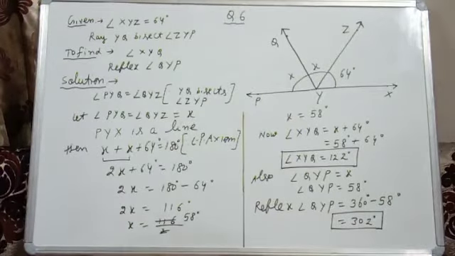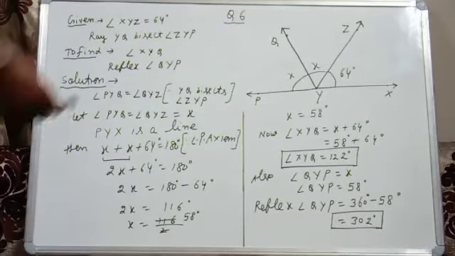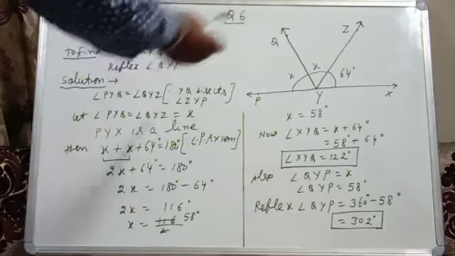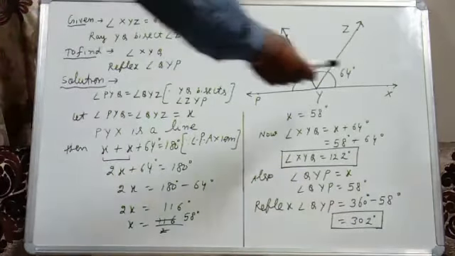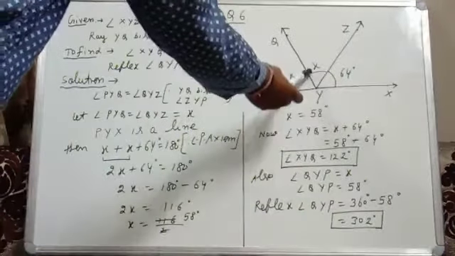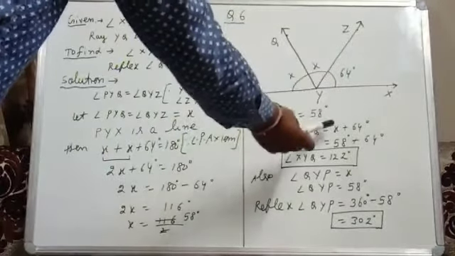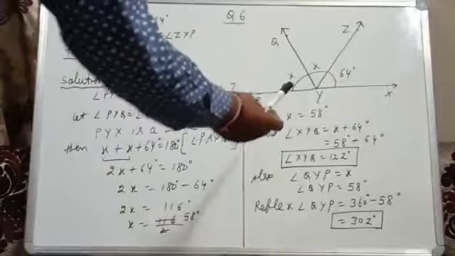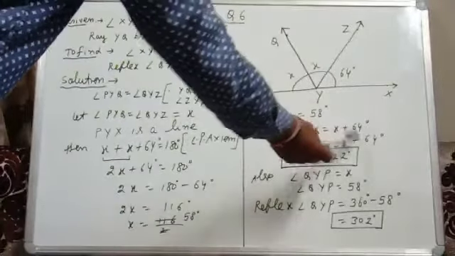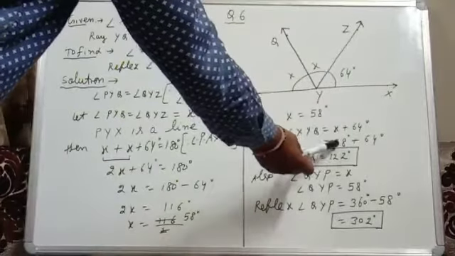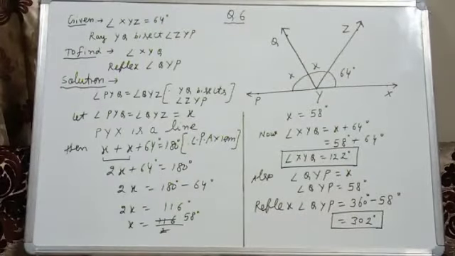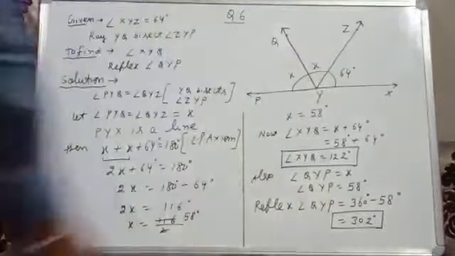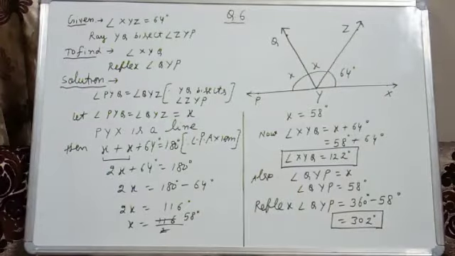After this, we will see which angles we want to find out. First, XYQ. Let us check XYQ from the figure. This angle we want to find out. So the value of this angle is x plus 64. 64 as it is, x we write from here as 58. So by addition of these two, we get angle 122. So this is the first answer: angle XYQ equals 122.